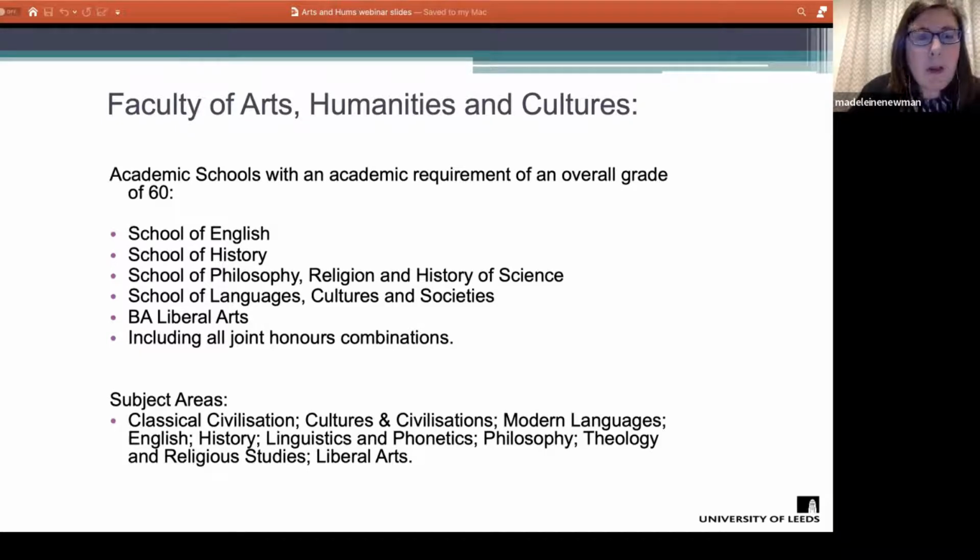But in terms of the Faculty of Arts, Humanities and Cultures, there's 9 academic schools and a wealth of programmes in each area. So there are very diverse possibilities for the degrees that you can go on to, and that means that we have a really exciting opportunity to learn together with learners who have different progression interests. So just to give you a bit of a sense of the kind of routes available from our programme,